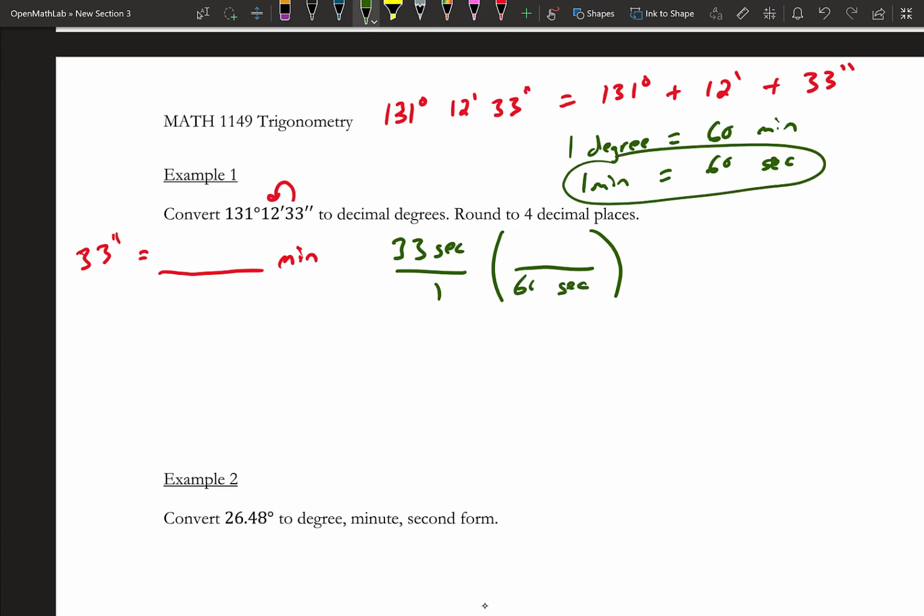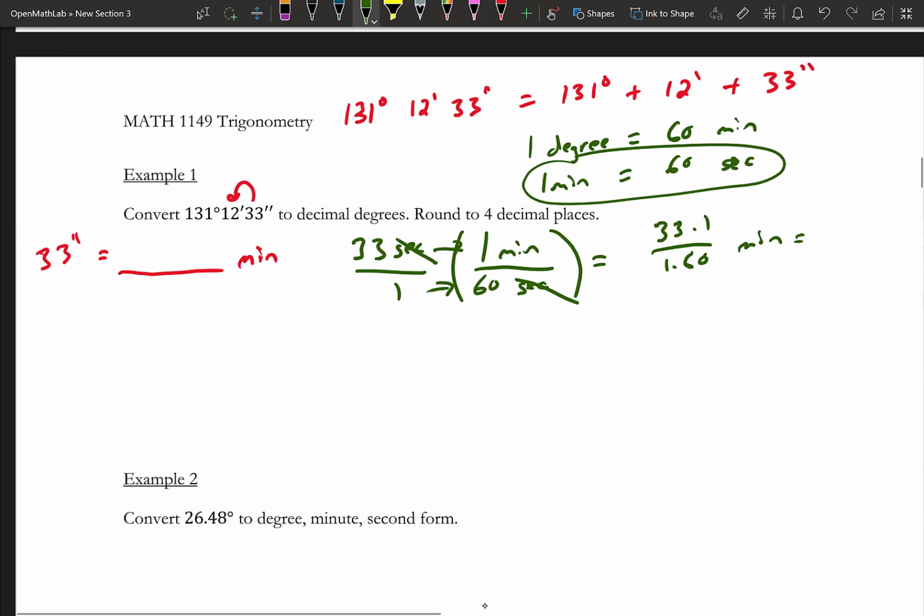So there's 60 seconds in 1 minute. When you take seconds divided by seconds, those units cancel out. If you want the units to cancel out, we want to have one on the top and one on the bottom. Notice what will be left is the minutes, which is what we're trying to convert to. So the unit you want to keep, you put on the top; the unit you want to get rid of, you put on the bottom. Then we just multiply straight across like we would multiply fractions. Here we would get 33 times 1 over 1 times 60, and this would be minutes, which would be equal to 33 over 60,